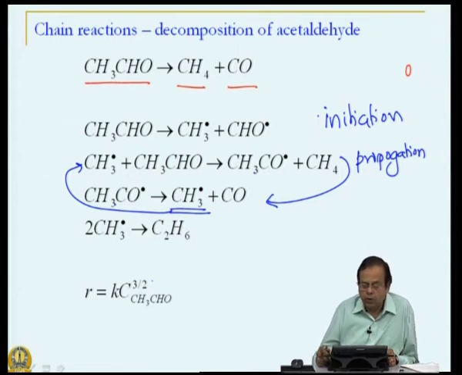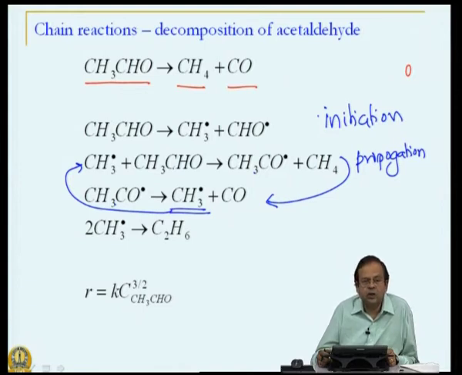Now, if this last reaction was not there, then imagine what would happen. Just presence of one methyl radical is enough to keep this process going in cycles indefinitely, and the rate of such a reaction will be extremely fast, or the reaction will end only when the entire acetaldehyde has been broken down. That means always 100% conversion. But the experience tells us that that is not the case.